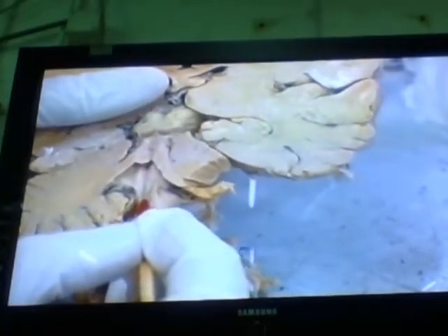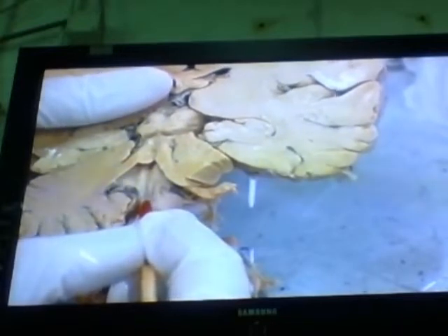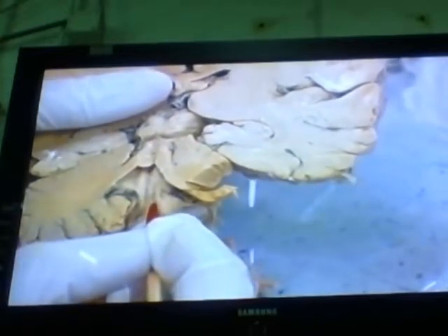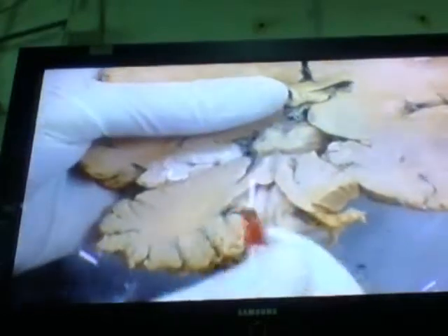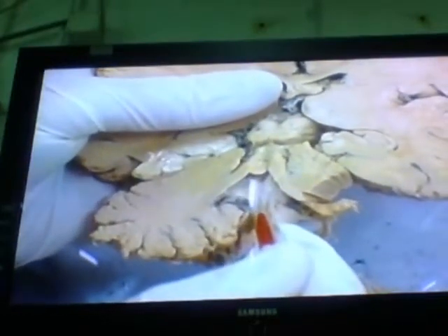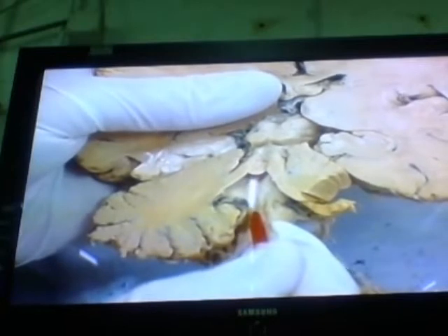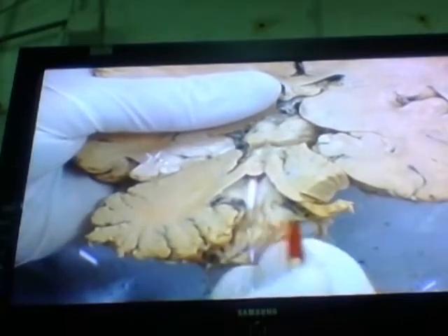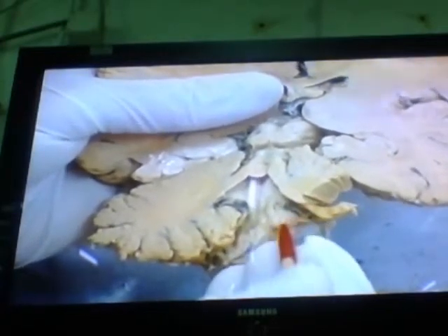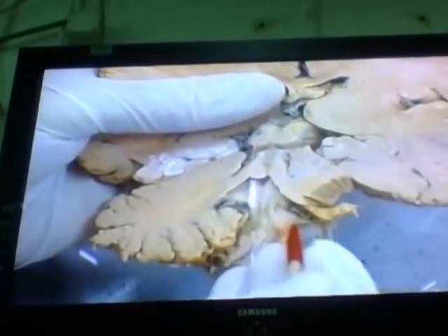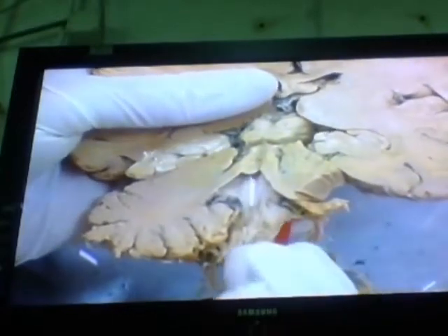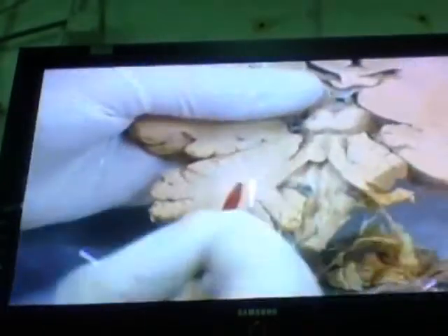It's the hypoglossal triangle, okay? If we go a little bit laterally, you will have the vagal triangle corresponding to the nucleus ambiguus, okay? Here the hypoglossal triangle corresponds to the nucleus of the hypoglossal nerve, okay? And above, you will have the vestibular area, okay? So here is what we have at this level, and here you will have the middle cerebellar peduncle.